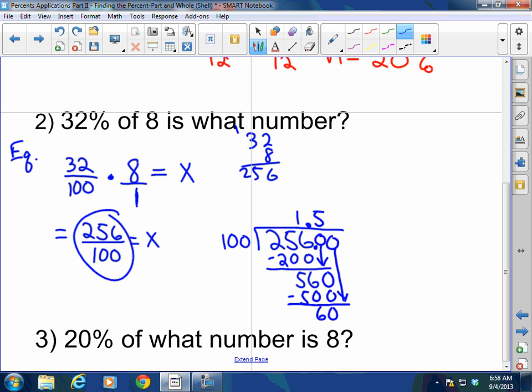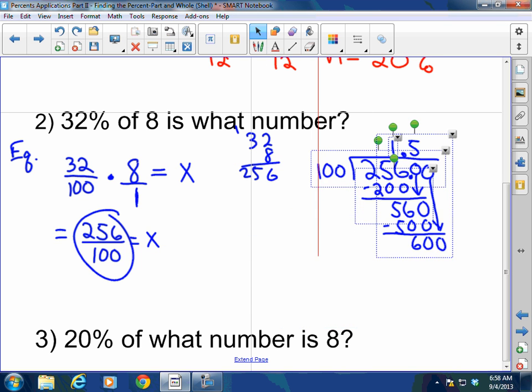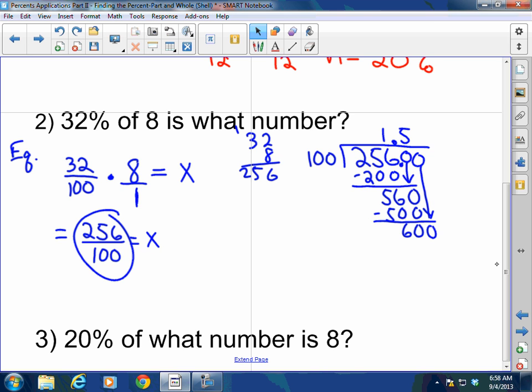Drop a 0. Let me go ahead and put this over here so we have more room. 100 goes into 600, and this is a 2, sorry. 600, and that's 0. Okay, so 2.56. So x equals